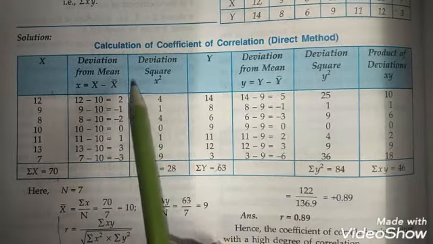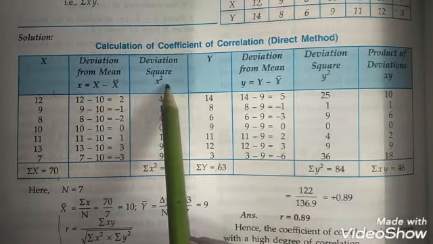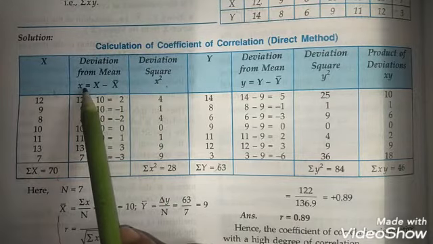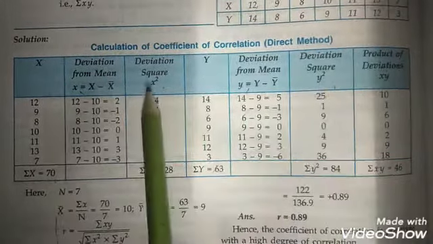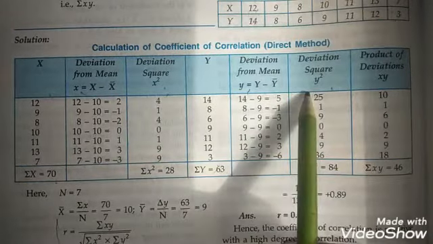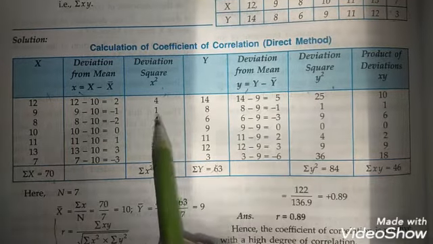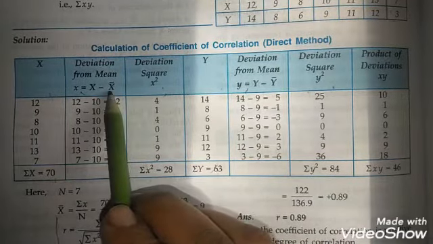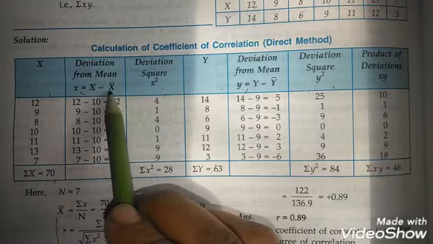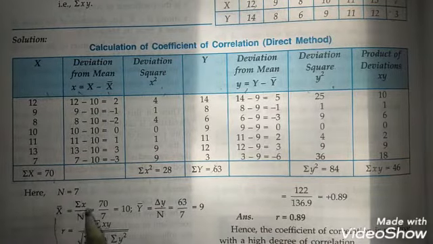And what we have to find out now? We have to find out the square of deviation. So for finding out the square of deviation, we will first of all find out the deviation in both the series. Here also we are squaring the deviation of X. Here also we are squaring the deviation of Y. But we have to find out the deviation first. So we are taking the deviation from actual mean. Now when we are taking deviation from actual mean, we will find out the value of actual mean or X bar.